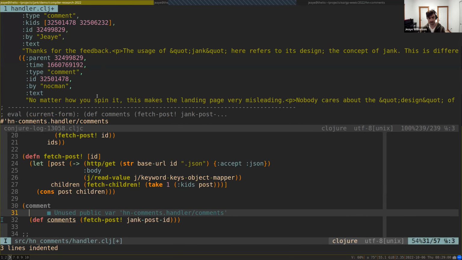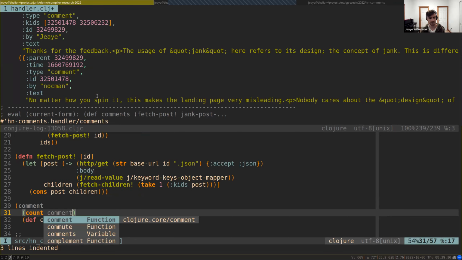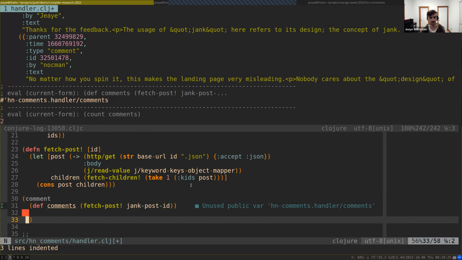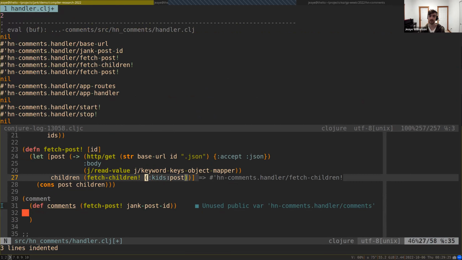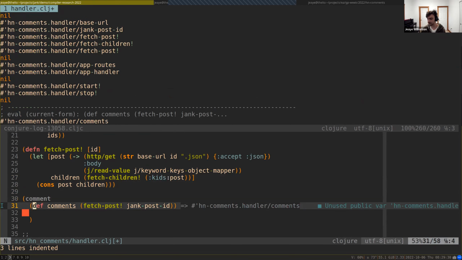And so comments, this has been defined into a top level var, even though that was written inside of a comment block. I've evaluated it, and so it's there in the process space. So I could say, like, all right, well, how many comments do I have? I have 2 in this case, because I have a limit here on the take 1. But I could do any sort of work I want on comments. Let's say, for example, I'll remove the limit that I have here, send all of that to the REPL again, which includes redefining the fetch post function, and now reevaluates